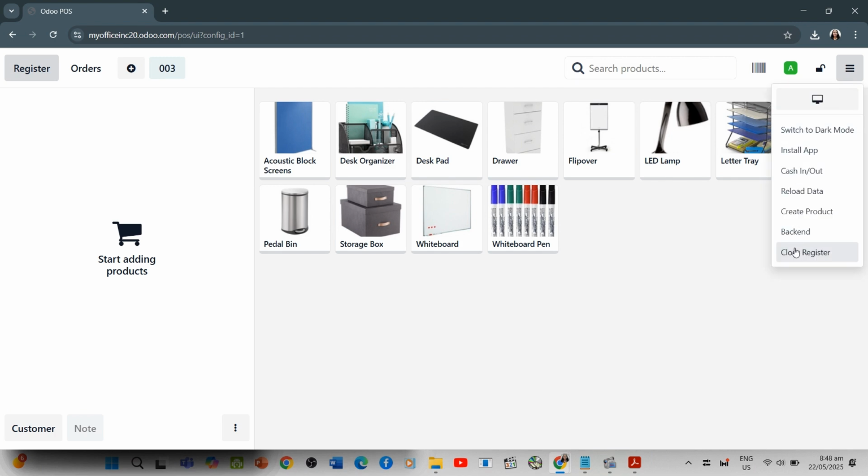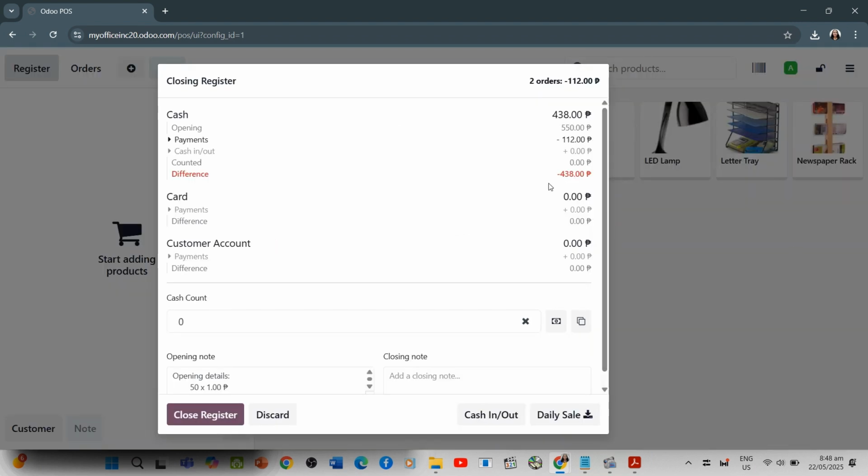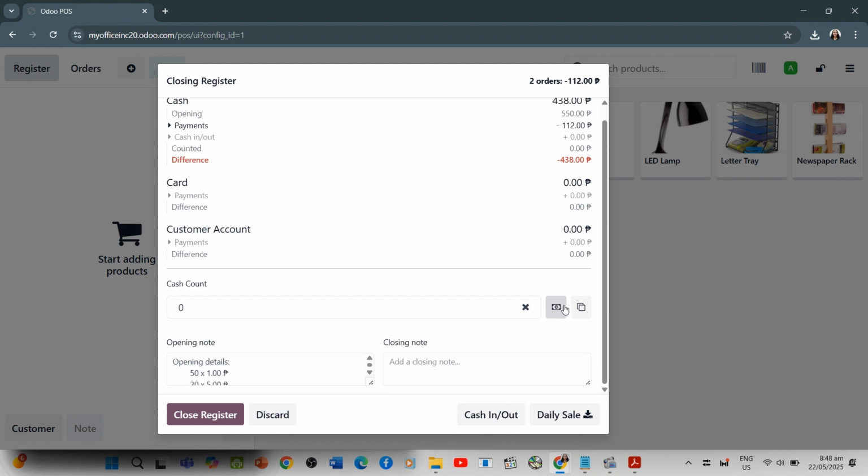Date. Don't forget to set and close your balance. You'll need to add all the points and fields you have in the register form. Yes, I will. Click the close register. Again, you will see there is a difference, negative 438.